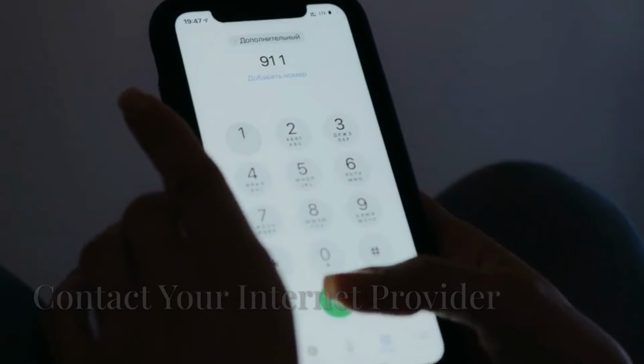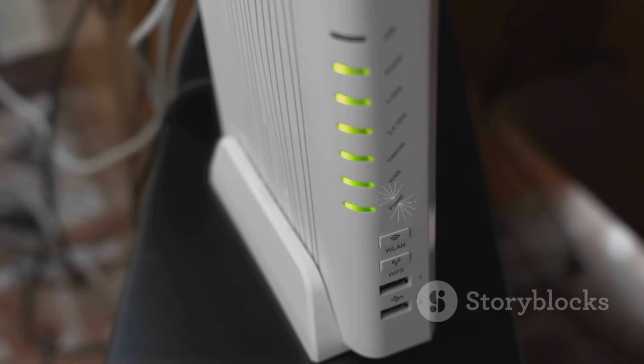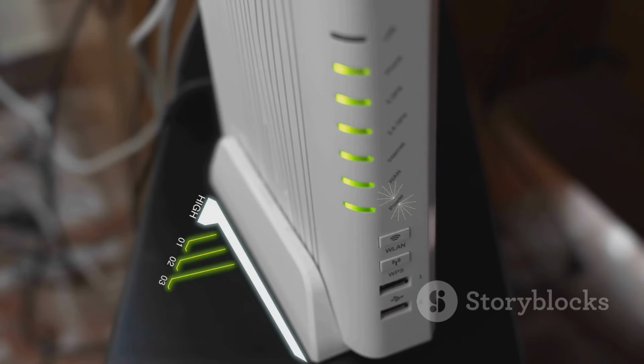Step 10. Contact your internet provider. If none of the above steps work, your router or connection may have a problem that only your ISP can fix. Just give them a call and explain